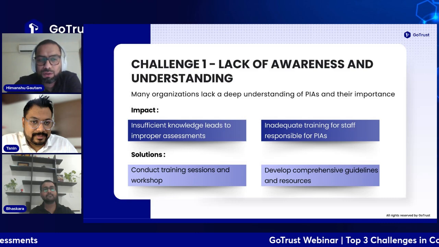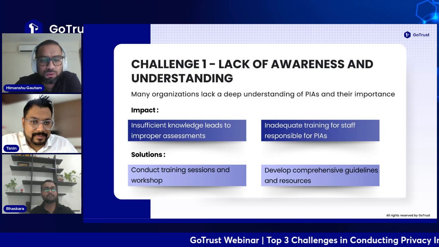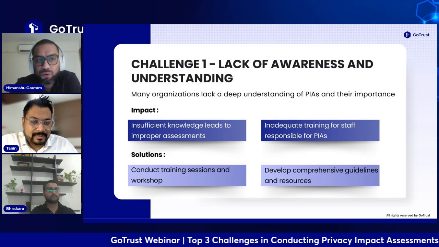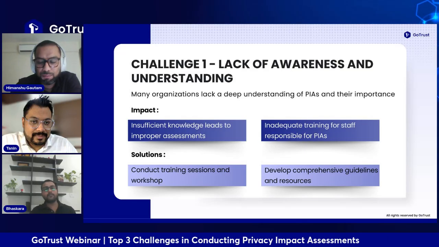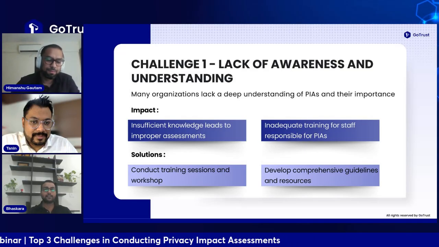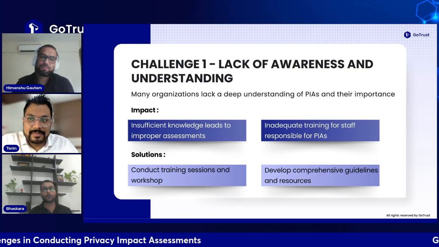Bhaskar, do you want to add something on that? Do I miss that ROPA is the only thing to do, or is there something more which we can do on it before we can even say that PIA is good enough? Yeah, actually, out of these two activities, there are a lot of common points